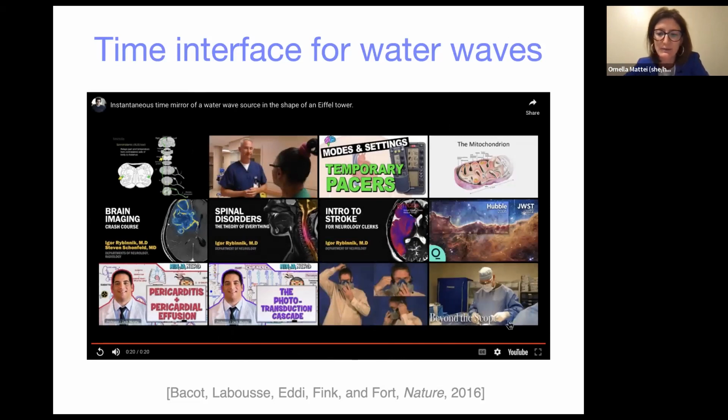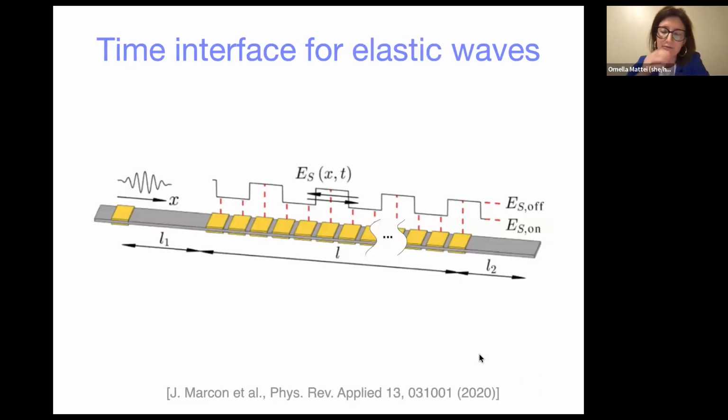So this was the first experiment in the context of water waves, but you can realize sharp time interfaces also for other wave phenomena. For instance, in the case of elastic waves, this is an illustration of an experiment performed by an Italian group at the Polytechnic of Milano, in collaboration with Massimo Ruzzene at the University of Colorado Boulder. Here you see a beam with piezoelectric patches, and they modulate the properties of the beam by changing instantaneously the current in these patches.